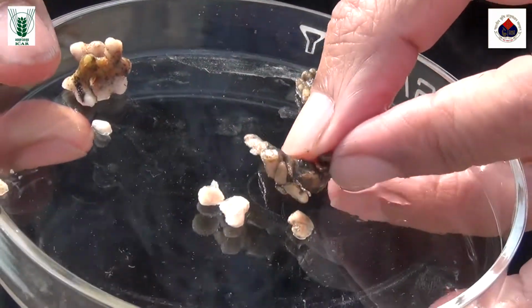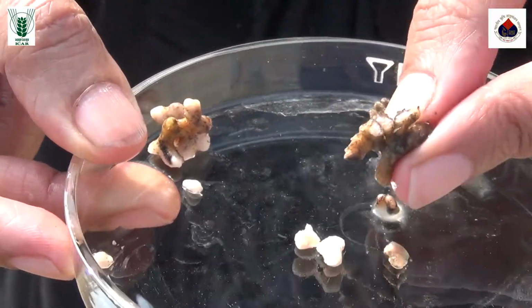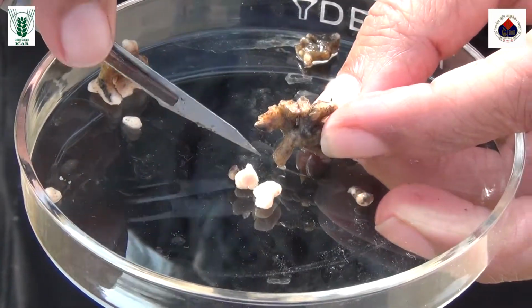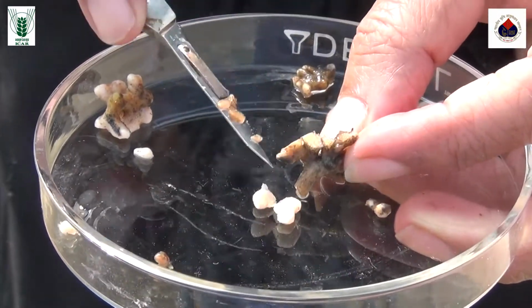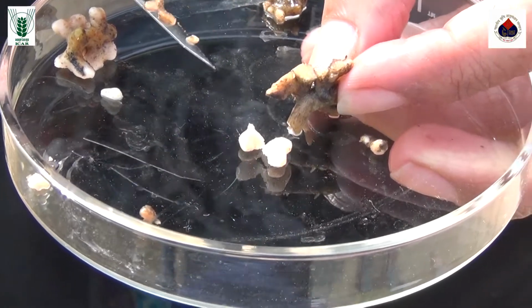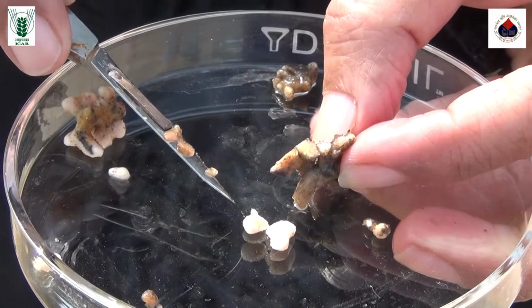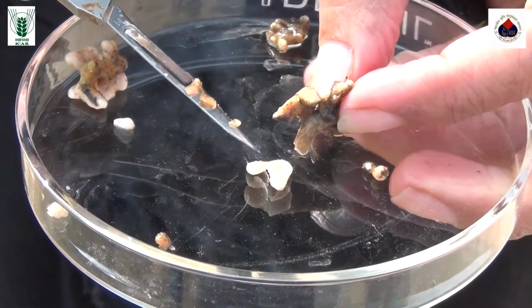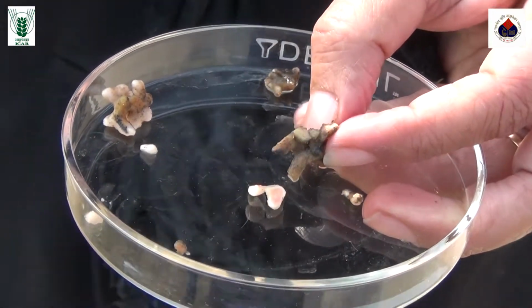See the difference between this nodule with the cut portion and this nodule here. You can very clearly see this. So this is a senesced nodule which has almost nil nitrogen fixing activity, and this is an effective, active nodule with nitrogen fixing activity. So if a plant has more of this kind of pink nodules, that plant is able to convert nitrogen